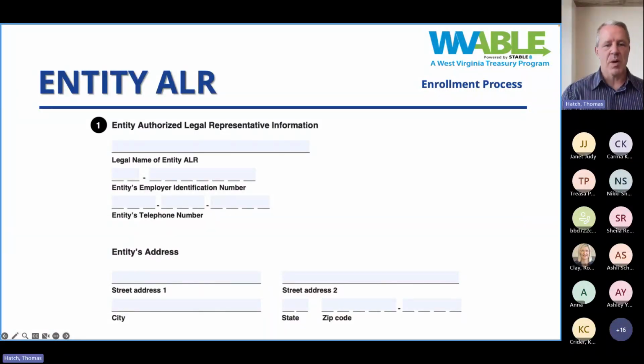So the very first spot is going to be the entity information. This is where you're going to put your organization or provider or entity's name. And this is the important part: it's a legal name, but the name as you want it to show up on reports or on statements. So as quarterly statements are produced for each of the beneficiary accounts, how do you want that titling to be for your particular company? You'll have the employee identification number there, and telephone number, address, other information about the organization.